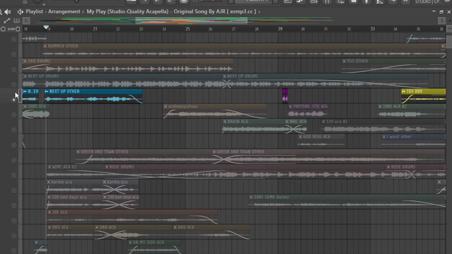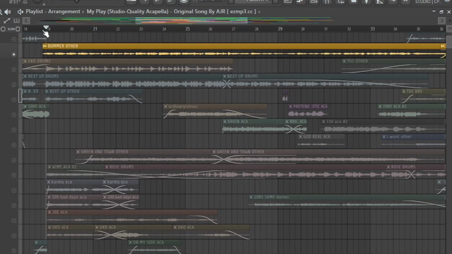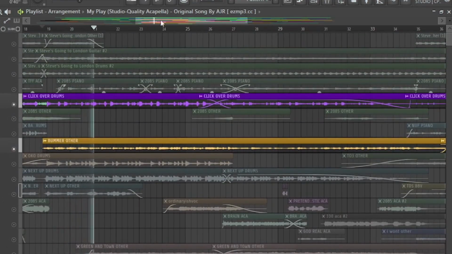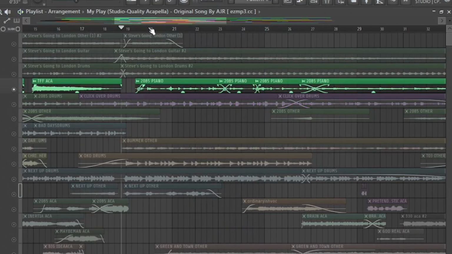And it breaks down, the instrumental breaks down. It was originally just Bummerland and the click overture drums. Dubstep remix of Bummerland. But also, what tops it up is these really badly filtered piano stems from 2085's finale. You can barely tell it's 2085. You have no idea what this is. Until now.